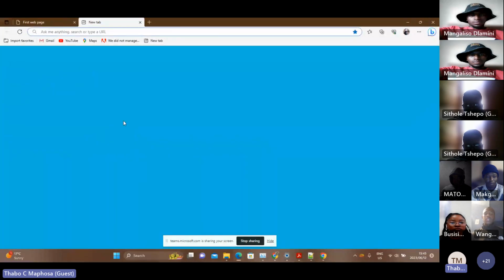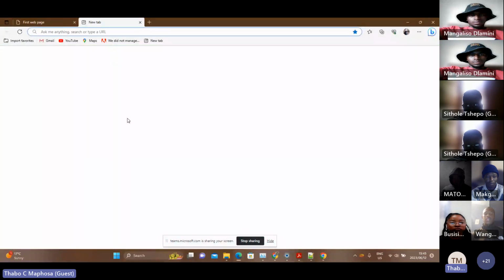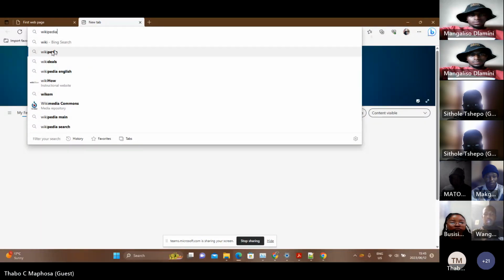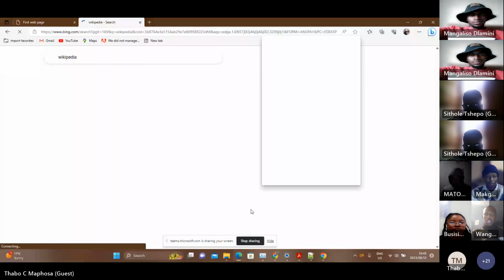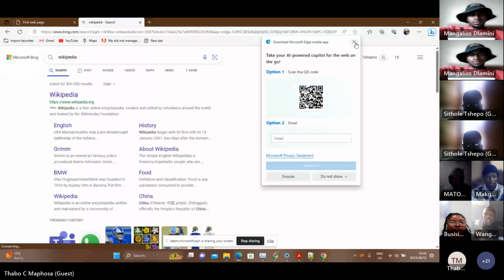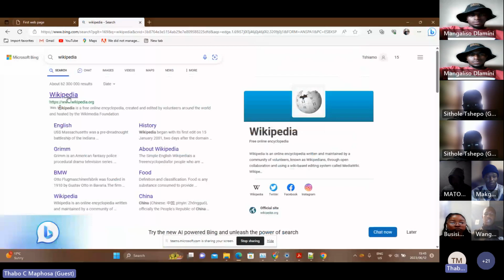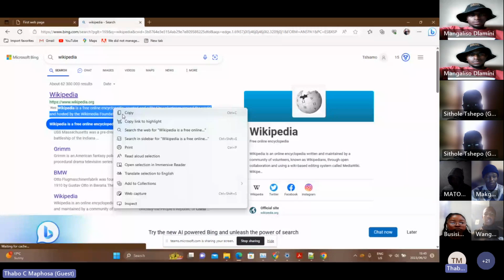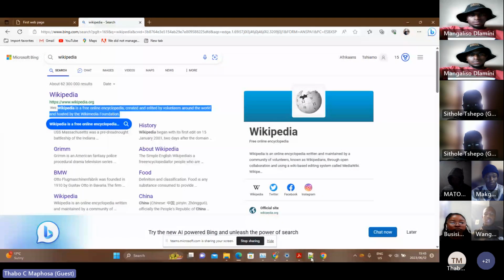For instance, let me just say Wikipedia. And then I'm just going to copy this part here. Copy that and then I paste it here.